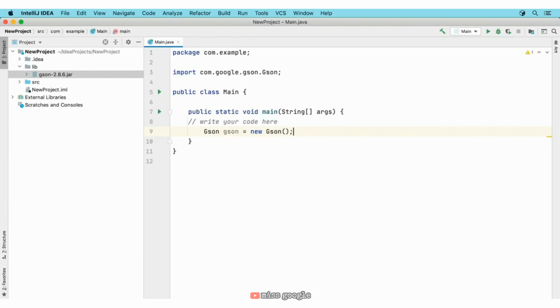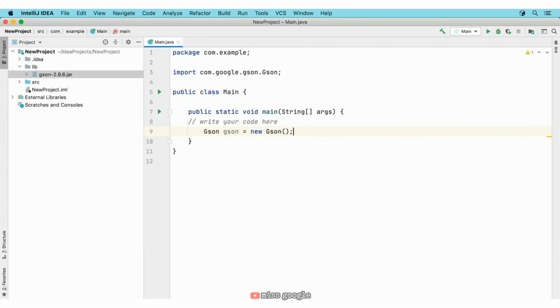Now I can do anything I want with this class and all of the other classes, interfaces, and other components that are members of that library. When I build and package my application, this jar file will also be integrated. So again, this is a legacy approach. Most modern Java-based applications integrate external libraries using Maven or Gradle. But if you're working with older applications or you just like this approach, this is how you do it in